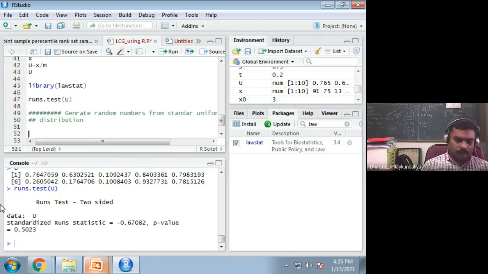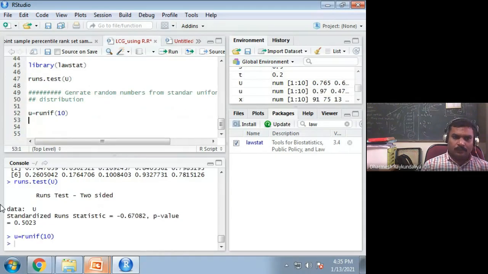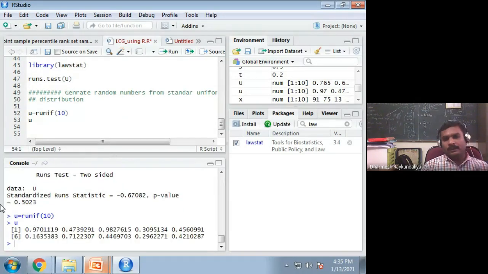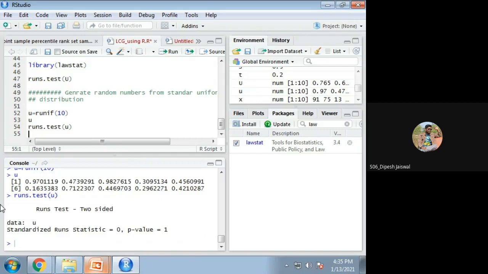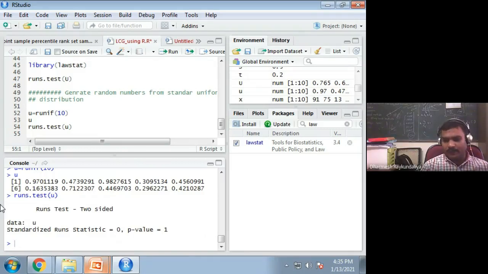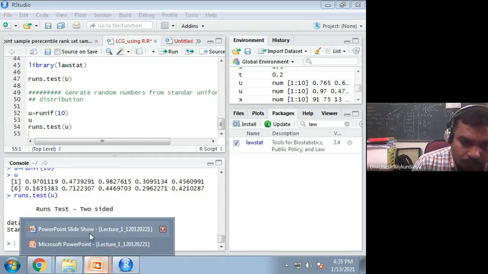You can generate u equal to runif. The command name is runif. If you wish to generate, let us say, 10 standard uniform random numbers, you can also verify that the generated random variables are random. It is perfectly saying that they are independent of order.